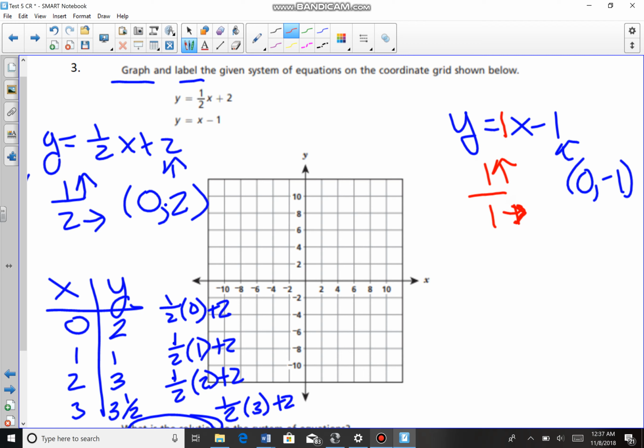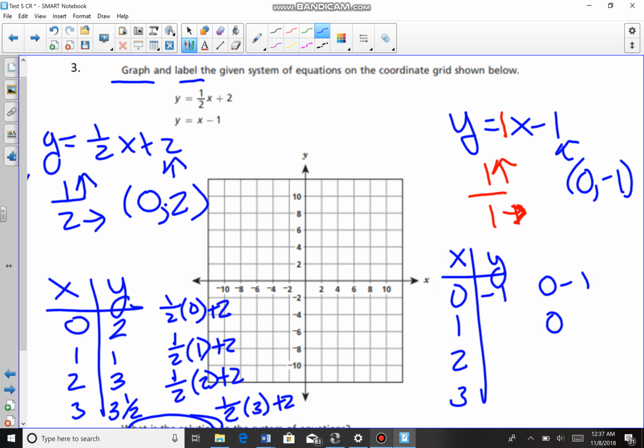All right. I can also make a table of values for this one, giving x the simplest values and plugging them into the equation. So I have -1, 0, sorry about that. I have 1 minus 1, which is going to give me 0, and then 2 minus 1, which is going to give me 1, and then 3